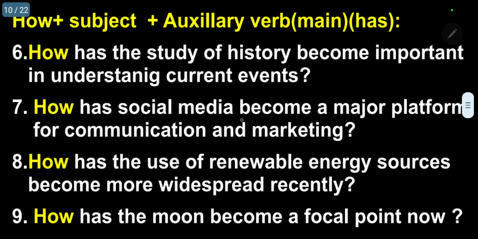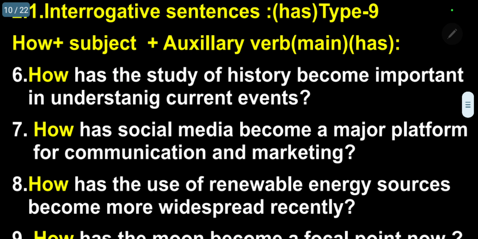Continuation of has. How has the study of history become important in understanding current events? Become is the main verb, has is the auxiliary. How has